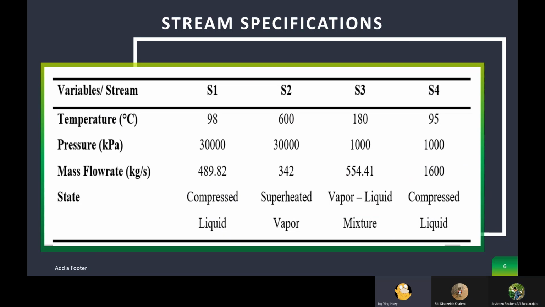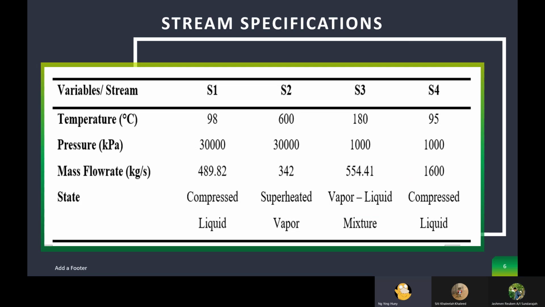And then this stream enters the turbine, and it rotates the working shaft connected to an electricity generator. So when the water exits the turbine, it will be at 180 degrees and 1 megapascal with the state of a vapor liquid mixture. And then this stream enters the condenser, and then there will be a constant pressure heat